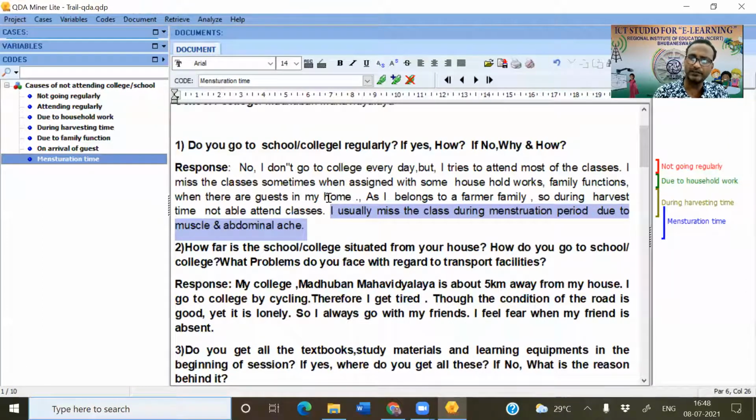This is the basic knowledge or skill that you need for analyzing qualitative data by using QDA Miner.